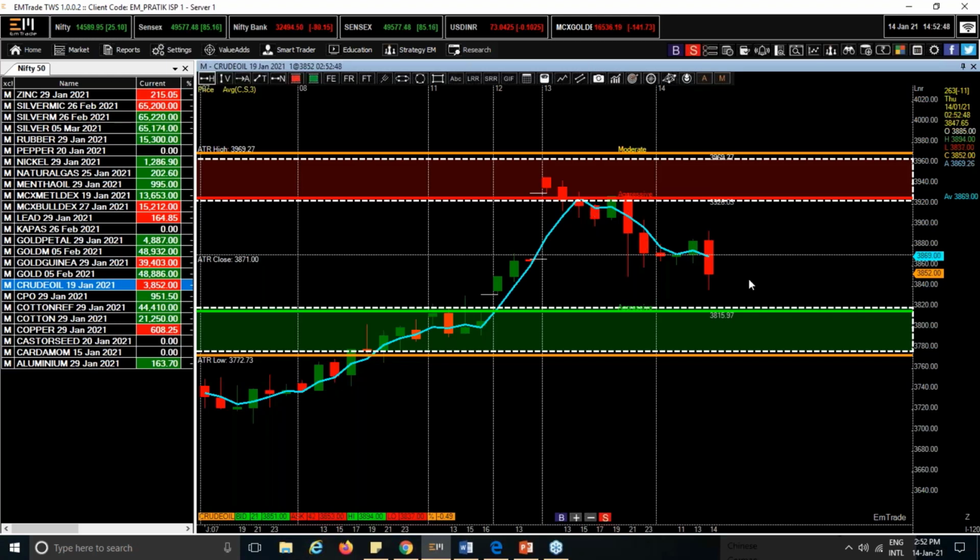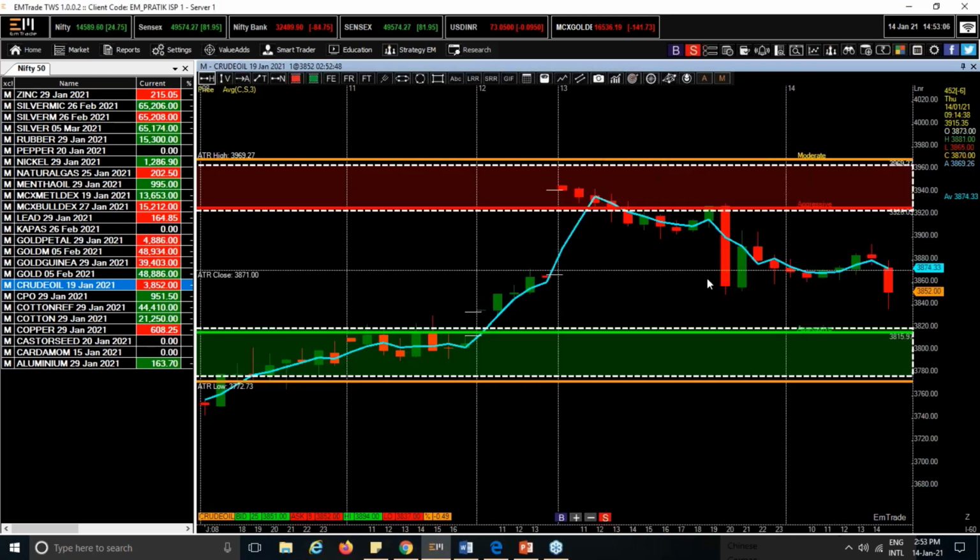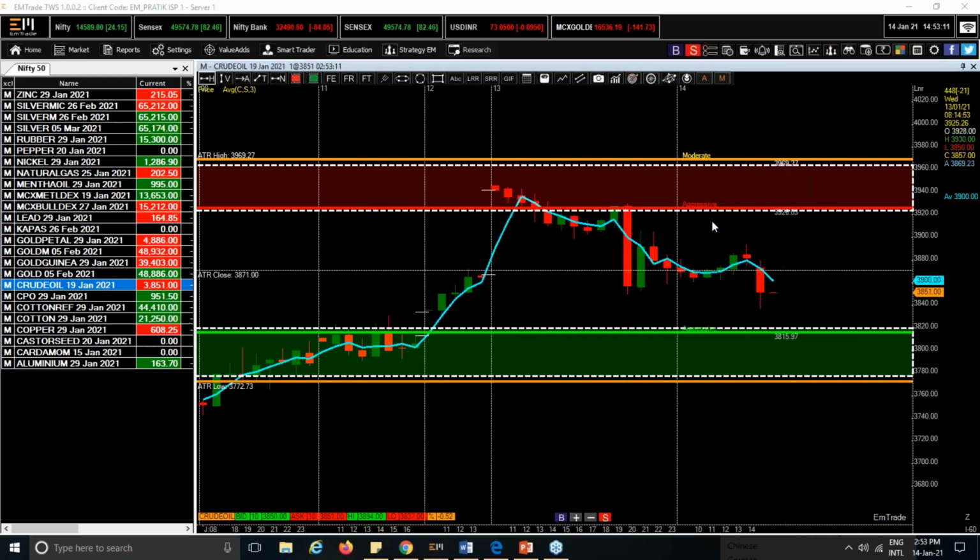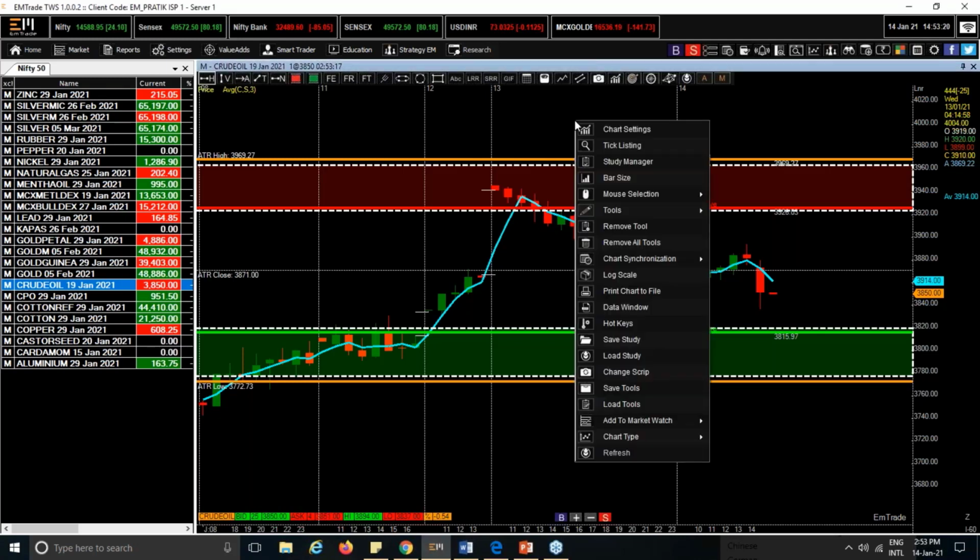Under the 120-minute time frame chart, your price is the blue line. Your candle is closed below that line. Your price is traded below that 3 candles average. That's why since yesterday onwards, crude oil has had selling pressure. If you want to reduce the time frame from 60 minutes, reduce. Just check what is the resistance level, the resistance power for that second level. 3,920 is the resistance level for your crude oil. Whenever your price enters that zone, your price starts declining.